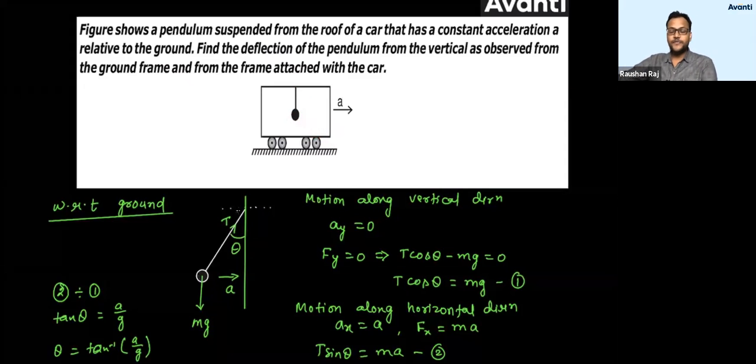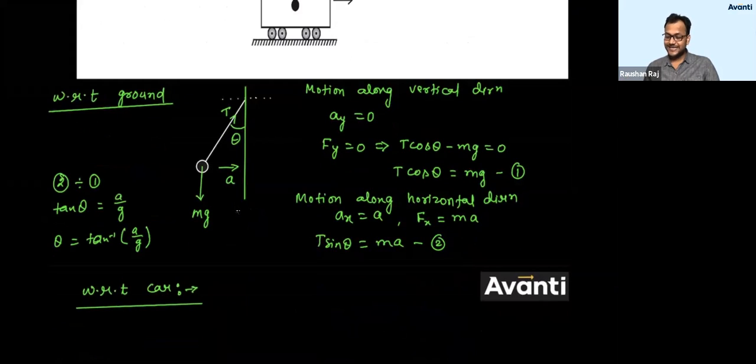But will that be the case, bachcho? Even if you're looking at this bob from the car or from the ground, you will see this bob has been located to a new position like this. So what is wrong in this? What are the things that we are doing wrong? What are the parameters that we are considering wrong here? कुछ तो गलत हो रहा है, right? So we are writing here T sine theta is equal to m into 0. We'll be writing in vertical direction also no acceleration, so this will be valid only, no problem.